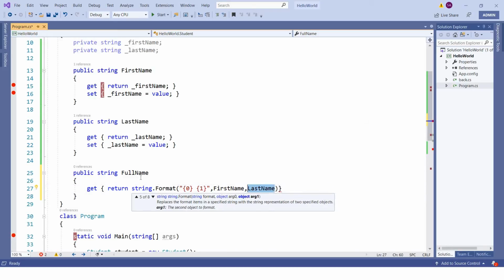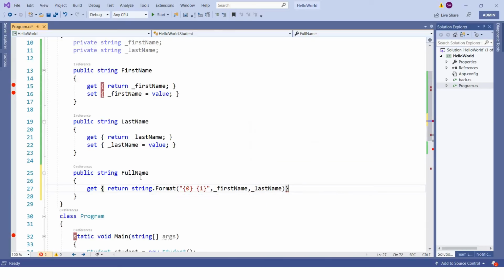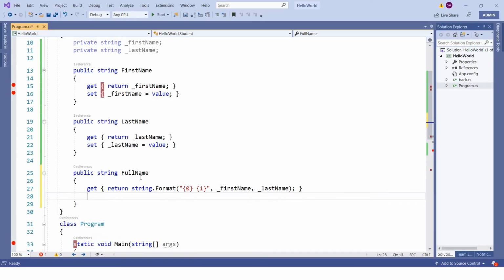Since last time we have used a property, let's use the private variables, right? Private we can use here because we are using them in the same class, right? Last name, right? Then we'll have a setter.